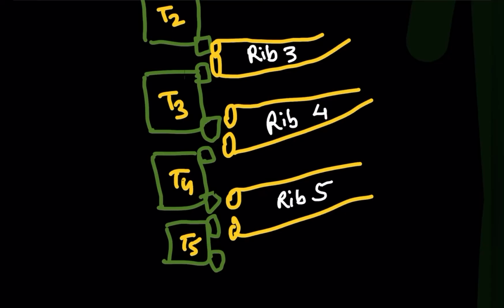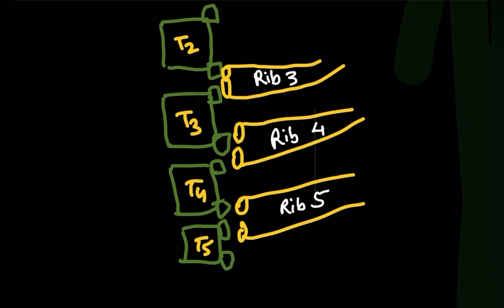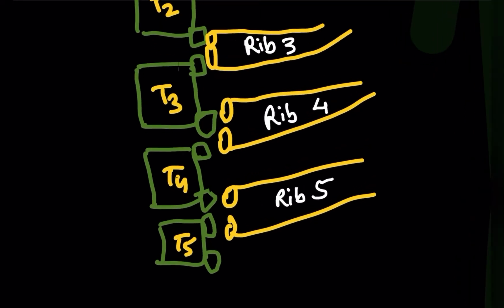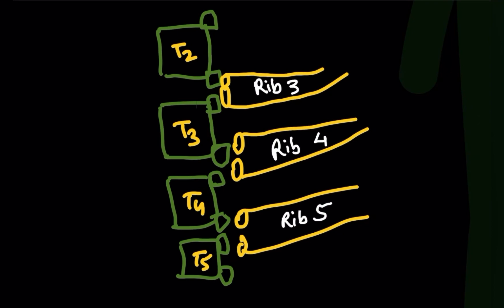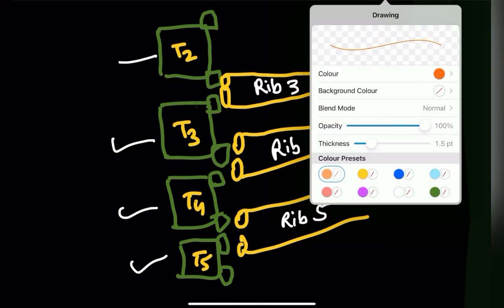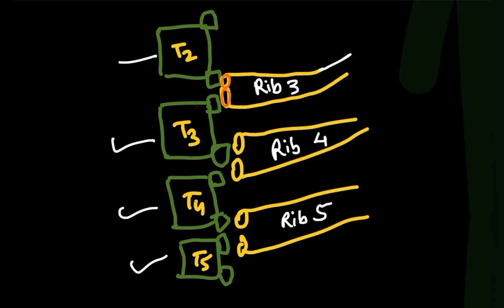I'll explain you that the superior articular facet of the rib corresponds with the vertebrae above, and one facet will correspond with the corresponding vertebrae. What it means over here, okay? So now suppose this is thoracic vertebrae T2, this is T3, T4 and T5. I've already drawn the simplified picture. So here you can see this is the rib. As I said before also, this rib will be having at the head part 2 facets. The above facet will be for which? The vertebrae above. And the lower facet will be for the corresponding vertebrae. So this is rib 3. So corresponding vertebrae should be which vertebrae? It should be T3. So lower facet of the rib 3 is attaching itself to the T3 vertebrae.